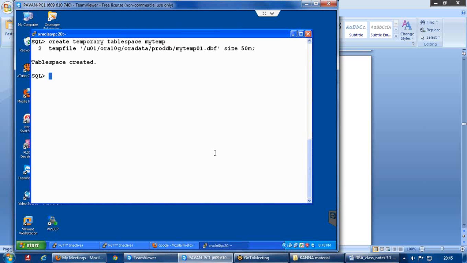But sometimes it may not be possible, because if you have 10 or 20 users, then it's fine. But if you have somewhere like 200 users or 1000 users, it would be a problem to create that many temporary tablespaces. So that's the reason 10g introduced a concept called temp tablespace group.